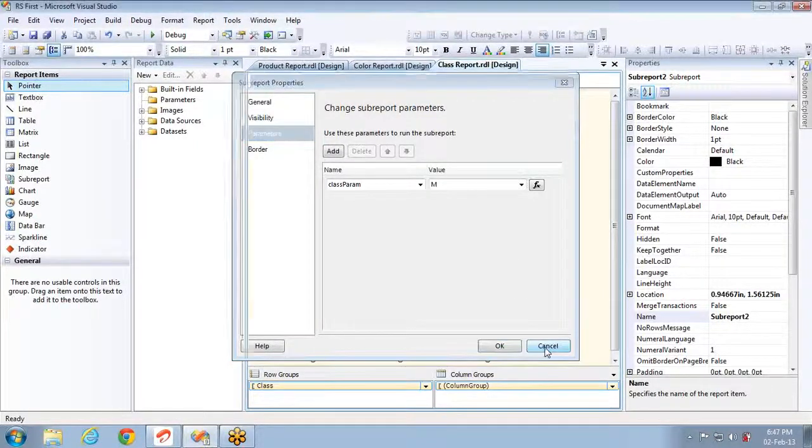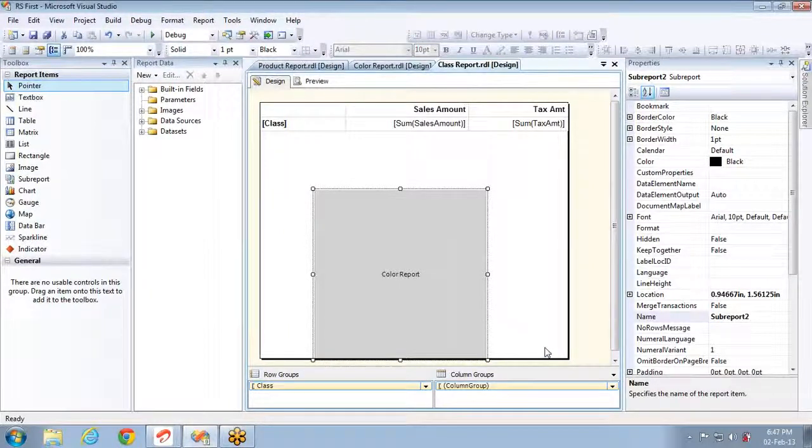What is the advantage of having a sub report? Let's say I have a report design which I need to put as a header in all the formats. For example, I'm running a company. I have some hundreds of types of documents I have to submit, and all the documents have some sample text on top, like company name and so on. So I can design a report for that, and I can call it as a sub report.